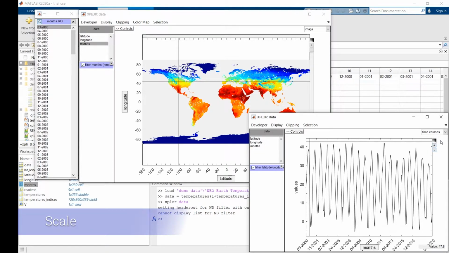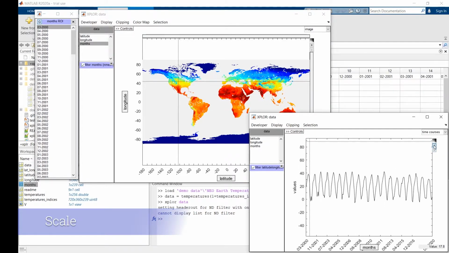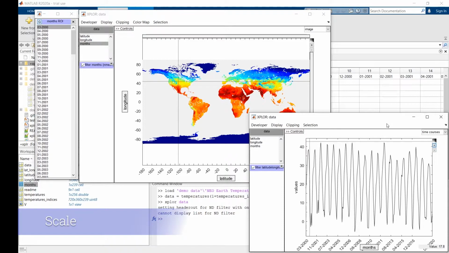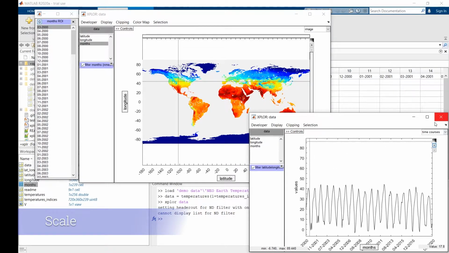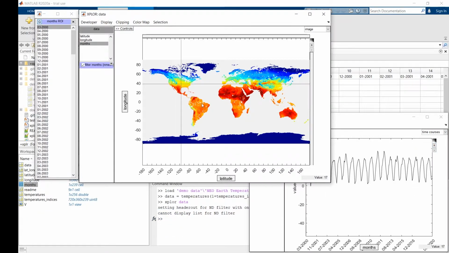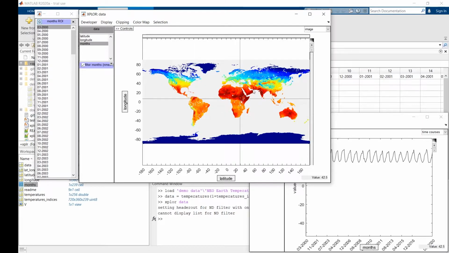To change the scale of a display, there are three buttons on the top right. There are the minus and the plus buttons, which increase and decrease the scale. To reset the scale, you can double click on the first button. Another way to set the scale is to click on the first button and hold the click, and you can see on the bottom left of the window there is a min and max value of the scale. If I move vertically, it will change the max value, and if I move horizontally, it will change the min value. Changing the position of the cross will change the point we are observing.